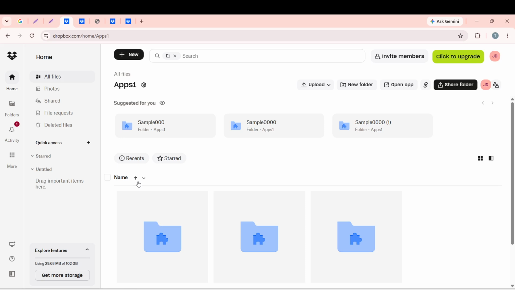If you click once on a header, it sorts the files in ascending order. This means your files will be arranged from A to Z or from the oldest to the newest. This sorting method helps you find files faster. If you click that same header a second time, it reverses the order to descending. So your files will now appear from Z to A or from the newest to the oldest. This flexibility in sorting is particularly useful when you are looking for the most recently modified files.